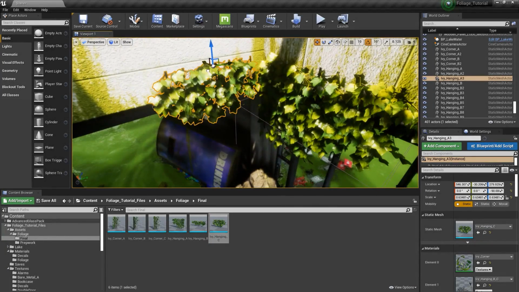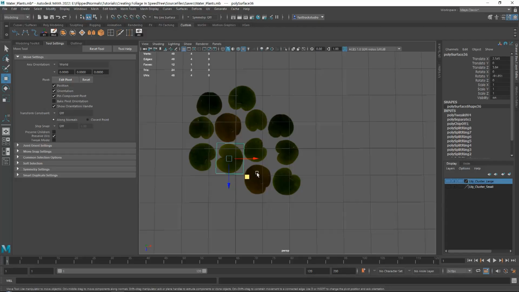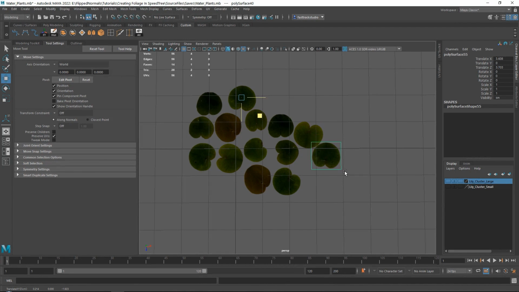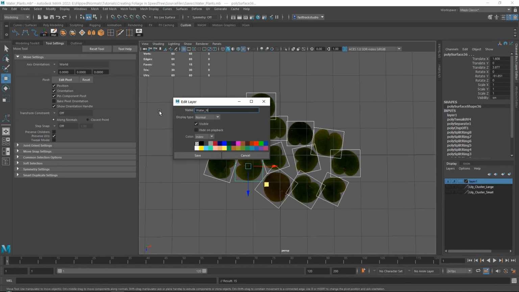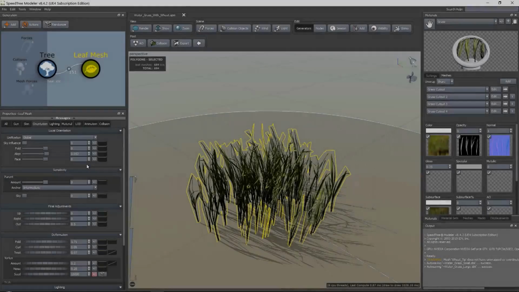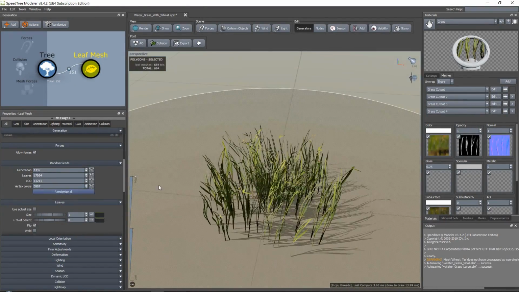After we have done that, we will place them in our level and then we will focus on our water plants. These will come in two different parts. The first part will be in Maya, where we will be creating water lilies and floating hearts with flowers in between them. The second part will happen in SpeedTree, where we will be creating multiple variations of water grass and